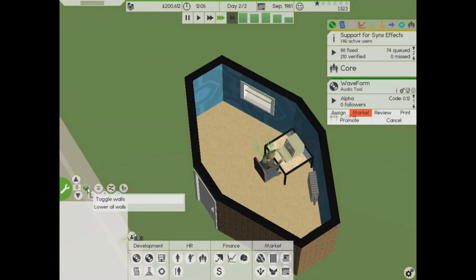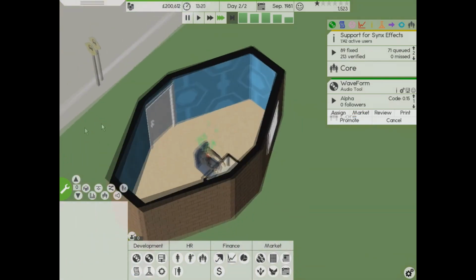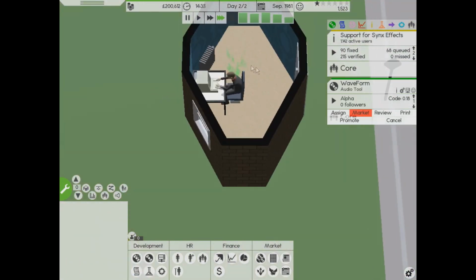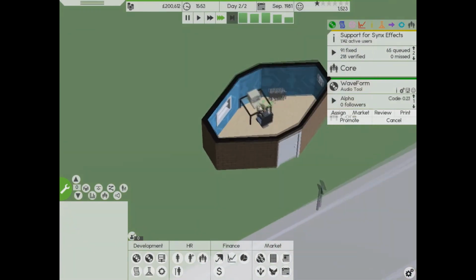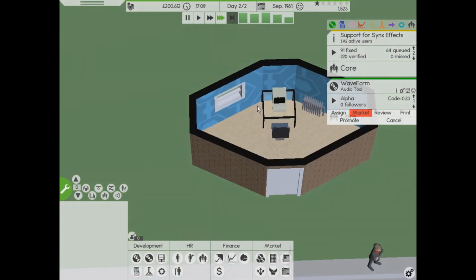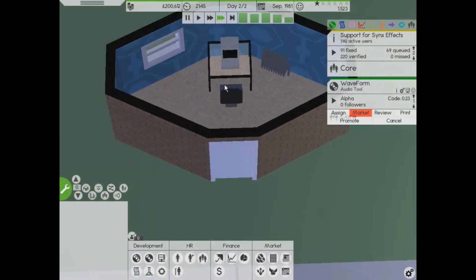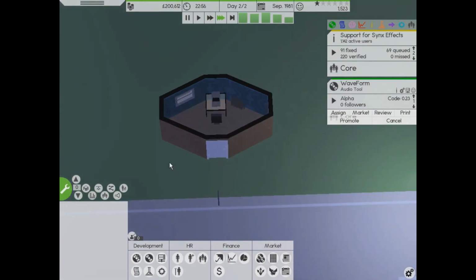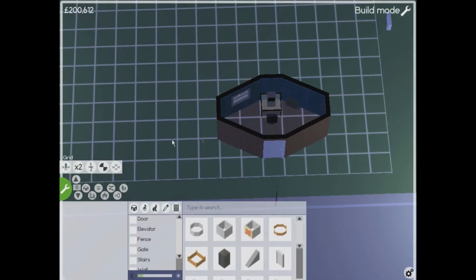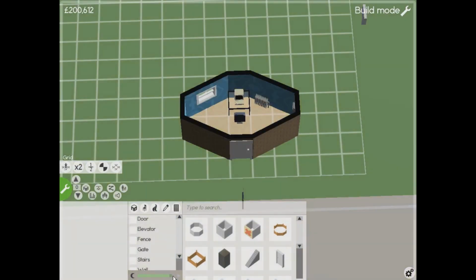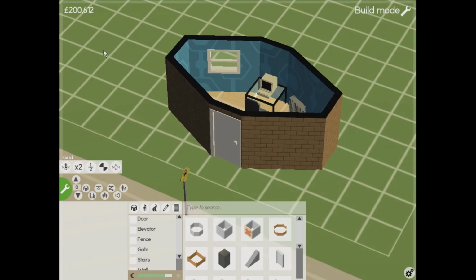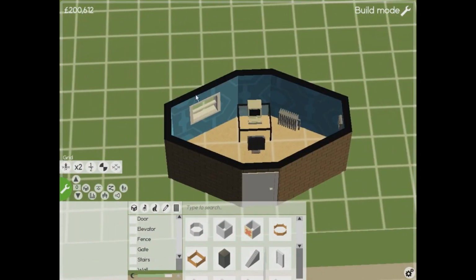Hold on, let me just bring everything up so I can see where all my objects are. So everything's in that corner. I'm probably just gonna add another worker because I feel like it's gonna help. I'm gonna struggle otherwise trying to do both of these. I do want this releasing at some point. So we're gonna quickly build a little extension onto this, and then once we've done that, we'll stick that into daytime. I'm gonna build the extension just because I do want